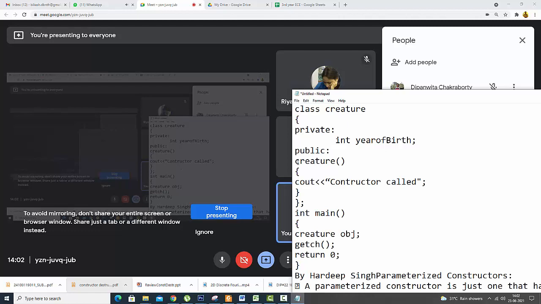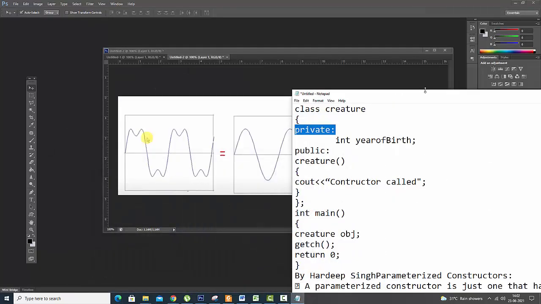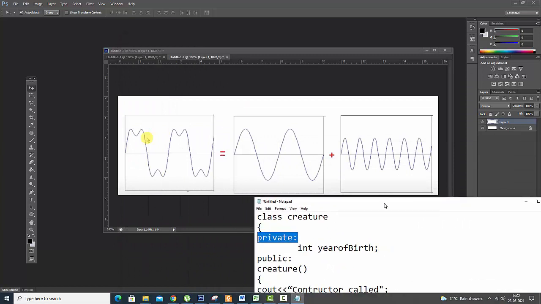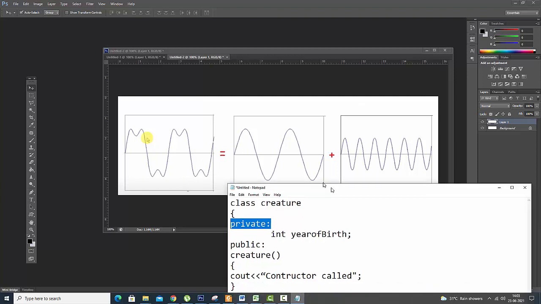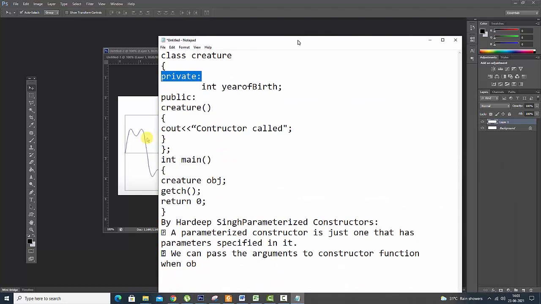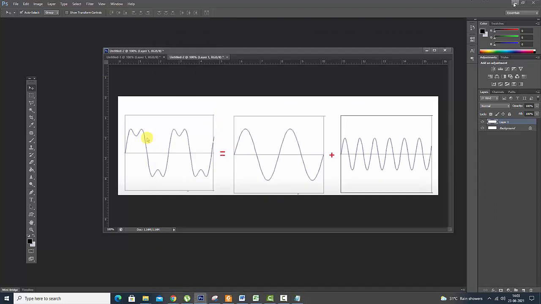So first we have created a private member. Thereafter we have created, okay, here one thing we are understanding, and the last class, that one is image processing. So this one is actually DFT. DFT means, I think you know, that we can change the frequency. It is a combination of frequencies from where we can separate the different types of frequency which are present. So actually we are doing that thing.